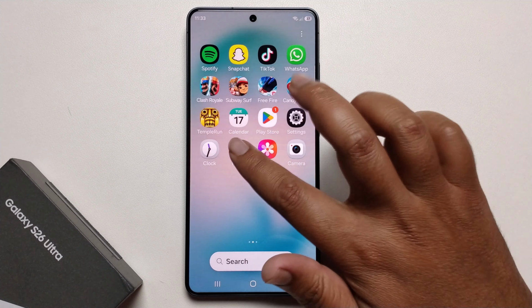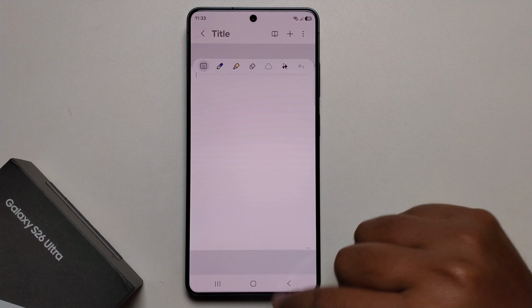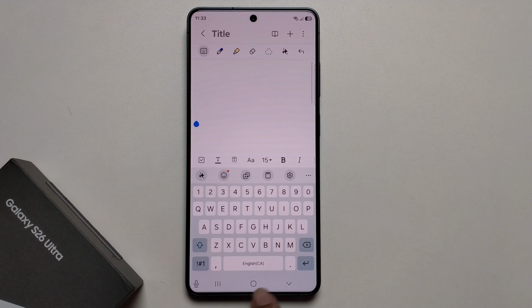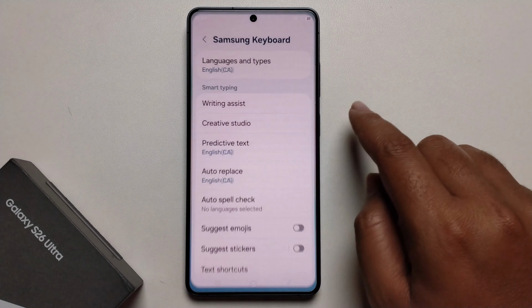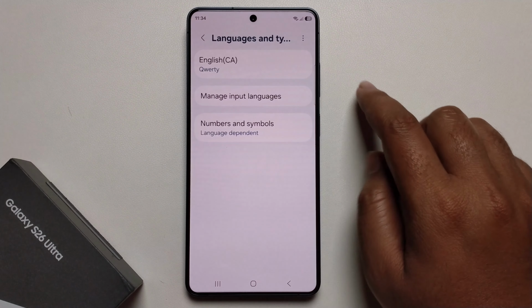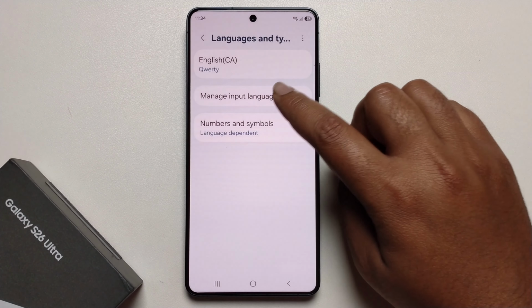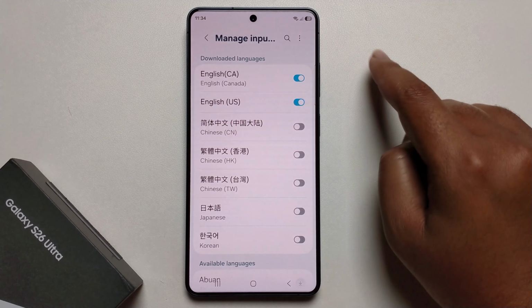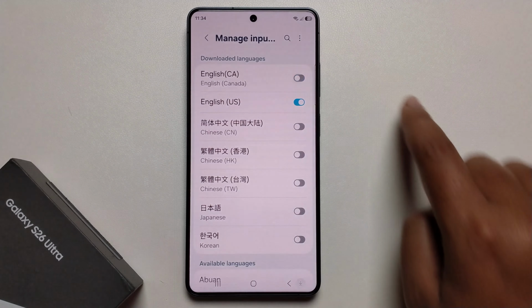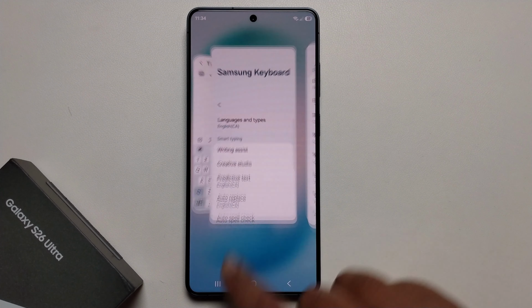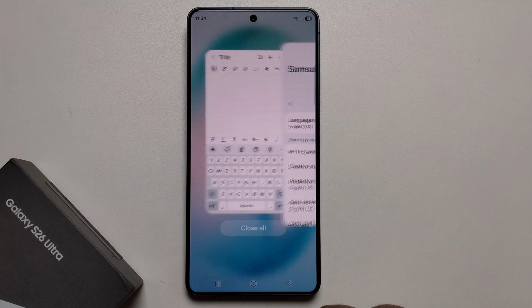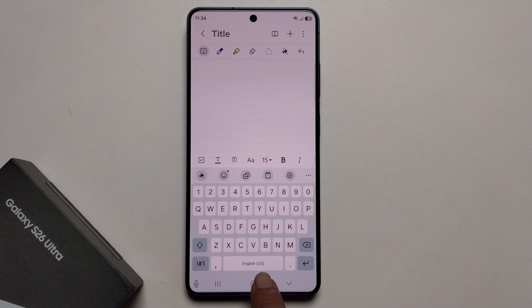When I'm using my keyboard, then showing it to language. Now successfully change this language. Or if you want to get back or change again, select, reopen my keyboard. Now change this,